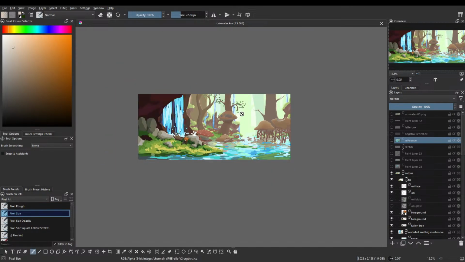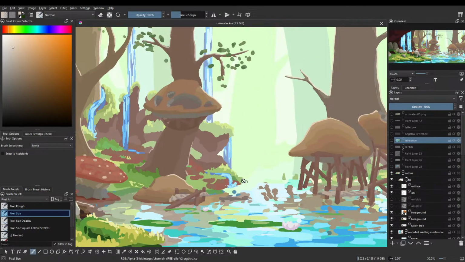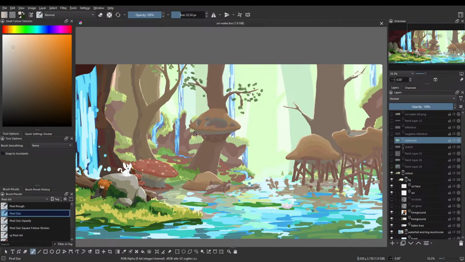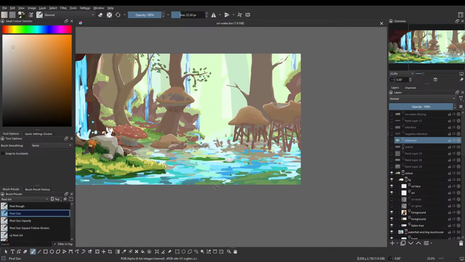I'm not sure exactly why that is, but I want to add something here in the background, because it still feels like this is one flat layer, and I'd like to change that. So maybe I might actually end up cutting a hole here with this cliff going down, and then another cliff behind it that's a little desaturated and lighter, maybe something like that. That's what I'm thinking. And then the log, maybe one day the legendary log will return. Will it be tonight? Stay tuned to find out.